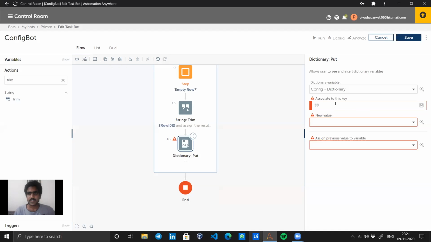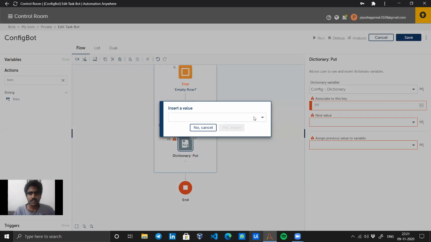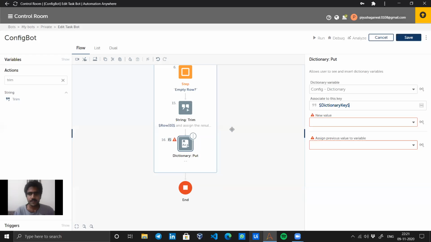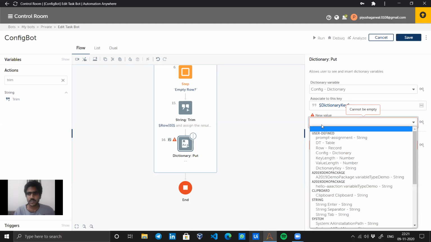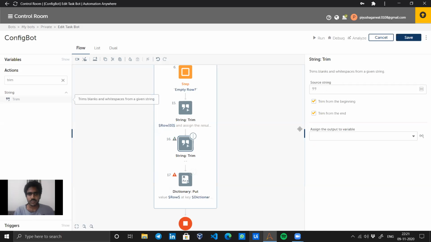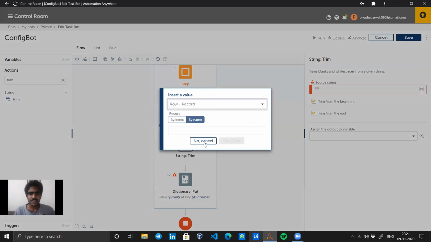Now let's go to dictionary, associate to this key. So key is our dictionary key. Insert new value. Okay, so it's asking me, if I choose a record, then I'm not able to create a variable, then probably I am supposed to do it only, that I don't want to do. I will just choose record by index value 1